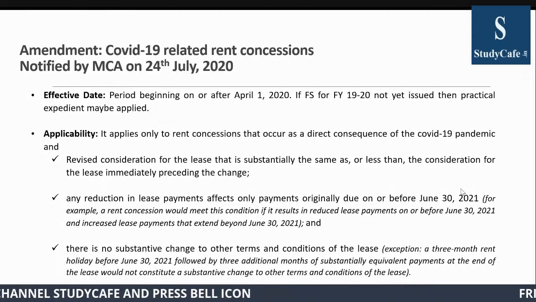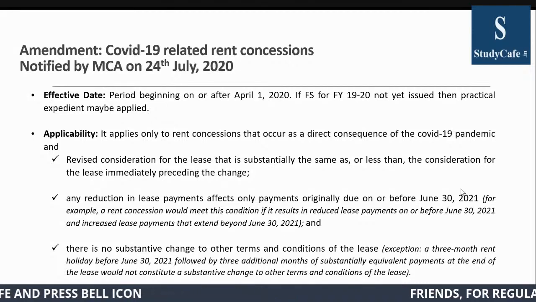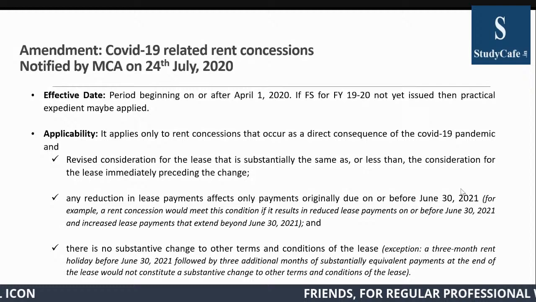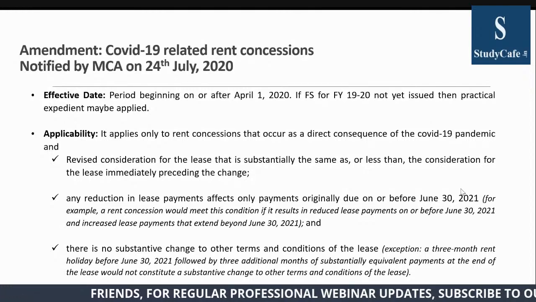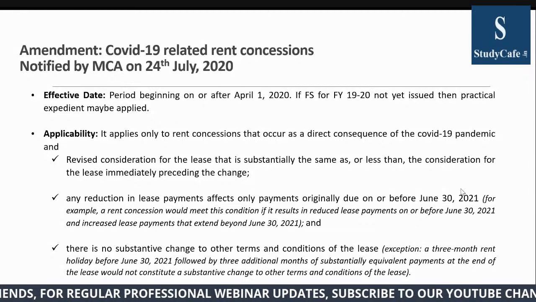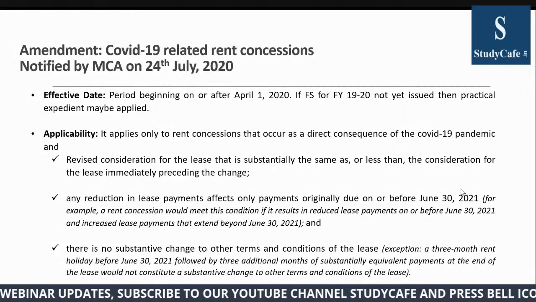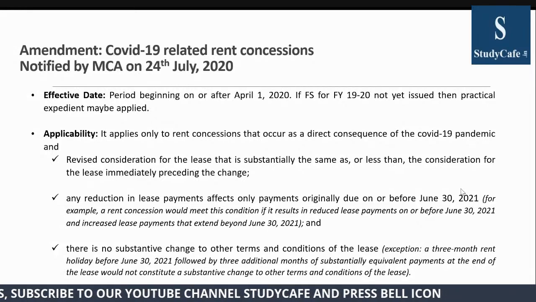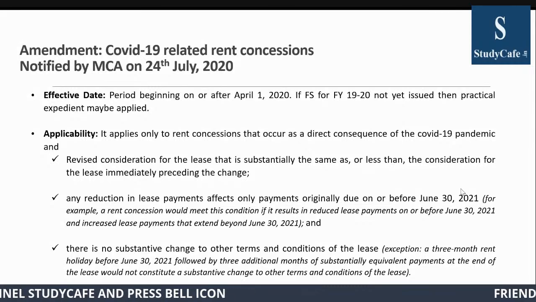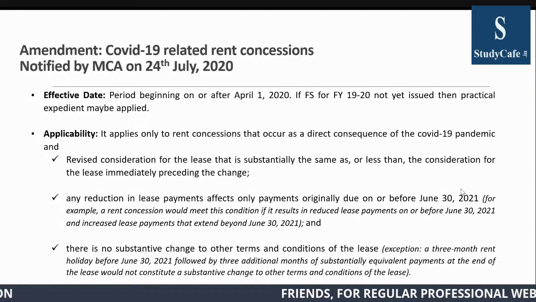That means the revised consideration, whatever change has been made in the consideration due to rent concessions, is ultimately either equal to or less than the consideration before the rent concessions. So there should not be any increase, because obviously this is for rent concessions. There has to be either a decrease, or no change in the